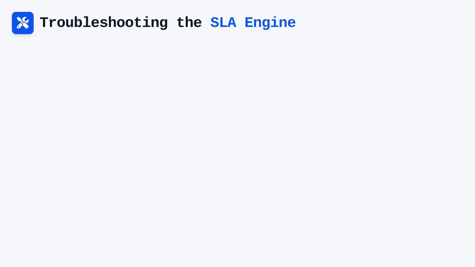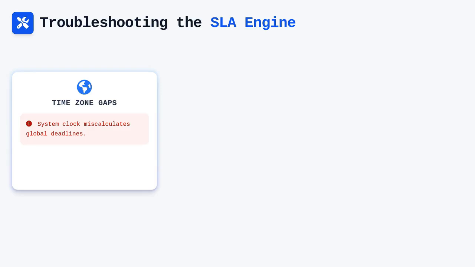Troubleshooting the SLA engine becomes an unavoidable responsibility when dealing with complex global infrastructure. One of the most common pitfalls involves time zone discrepancies, where an SLA based on the system clock might miscalculate the actual deadline for a team operating in a different region. We resolve this by ensuring the business calendar is correctly associated with the assignment group's schedule rather than the instance's